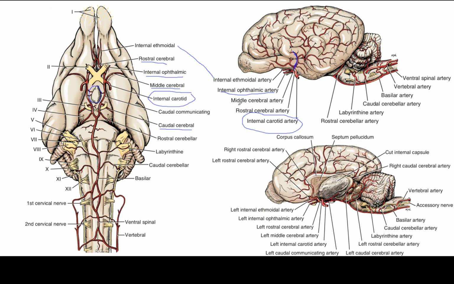The middle cerebral artery arises from the arterial circle at the level of the rostral aspect of the hypophysis. It courses laterally, rostral to the piriform lobe on the ventral surface of the olfactory peduncle. It continues dorsolaterally over the cerebral hemisphere, where it branches to supply the entire lateral surface of the hemisphere. Its terminal branches anastomose with those of the rostral and caudal cerebral arteries along the dorsomedial gyri of the cerebral hemisphere. At the origin of the middle cerebral artery, the rostral choroidal artery arises and courses along the medial surface